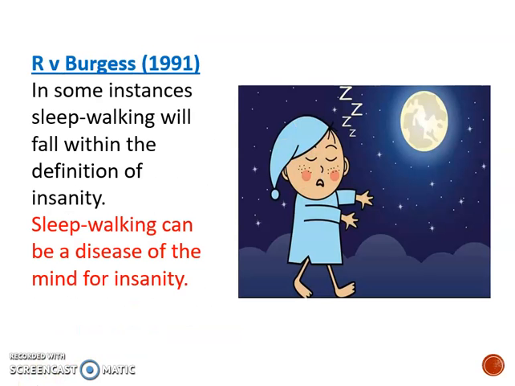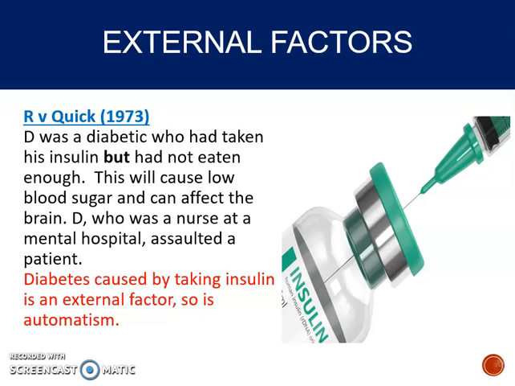In the case of Burgess, it was held that in some instances, sleepwalking can fall within the definition of insanity. So if a person is sleepwalking because they have some sort of condition which causes them to sleepwalk, then that would be classed as a disease of the mind for insanity. If, however, they were hit on the head by a stone, that would be an external cause, and that would be something quite different. And that leads us on to this next slide here, where we need to consider these